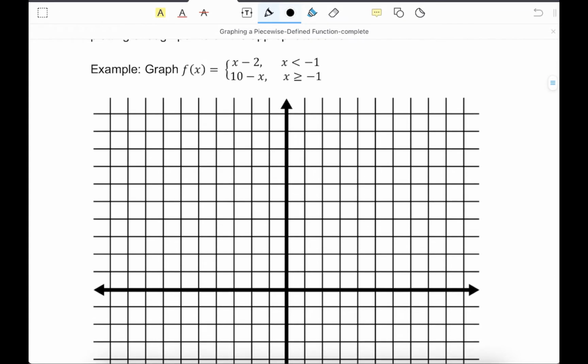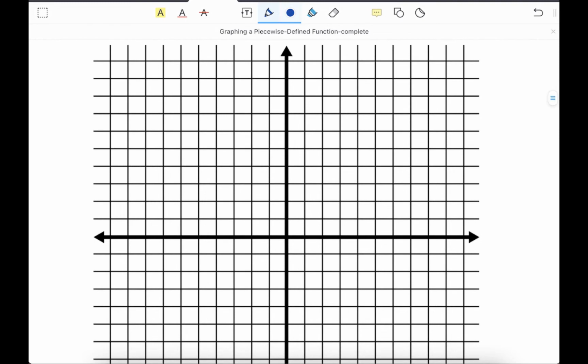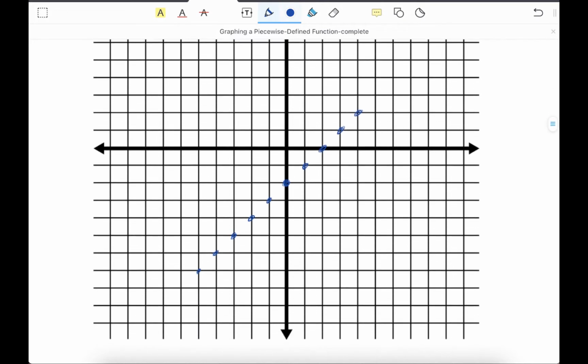If we ignore that second function here and just focus on x minus 2, that's just a line with a slope of 1 and a y-intercept of -2, so we could plot that very quickly. Right here, slope of 1, go up and over. And you can go the opposite way as well. All of these points fall on that line,